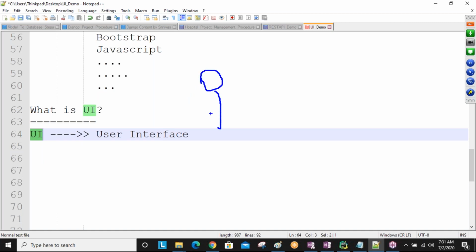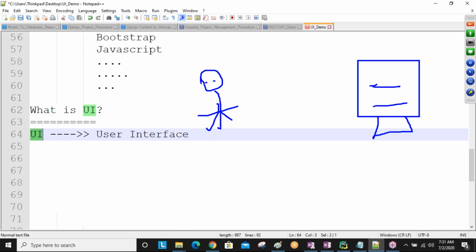Just as an assumption, this person is a human being, and here one computer is there, where we are developing all these things. Now from this user to this computer,